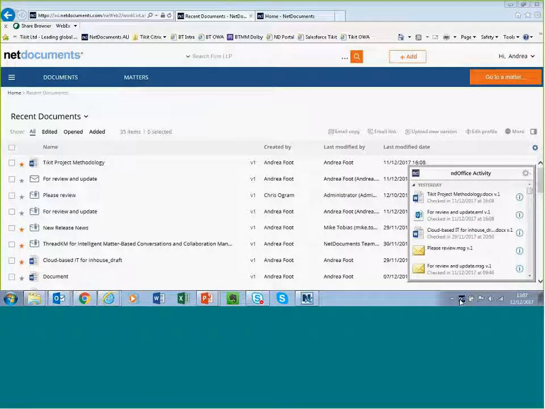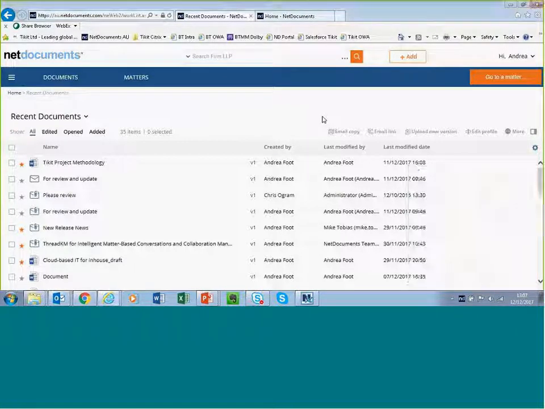We have the ability to do this in other places. So in this little panel here, we're seeing all the documents that we've worked on recently too. So that's our most recent stuff that's happened over there. But if finding through that structure isn't the preferred way, we have